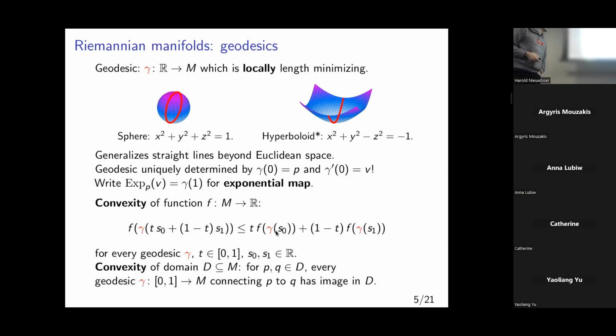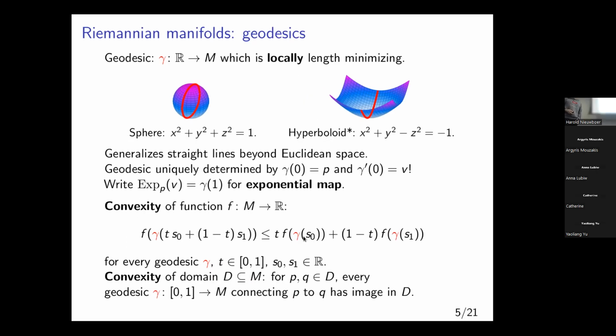And similarly, you can define convexity of some domain in your manifold. Here I take it to mean that for any 2 points in my domain, every geodesic that passes through these 2 points is also completely contained in the domain. Now you can complain about this. In fact, you should complain about this. For instance, it means that